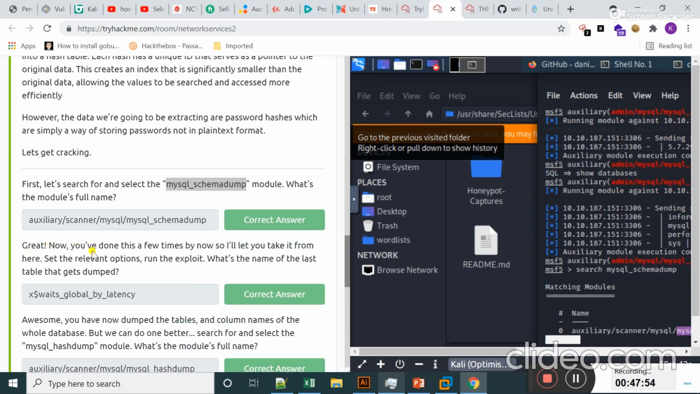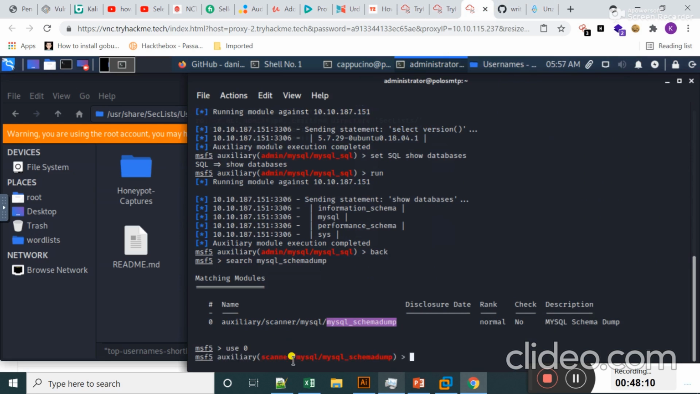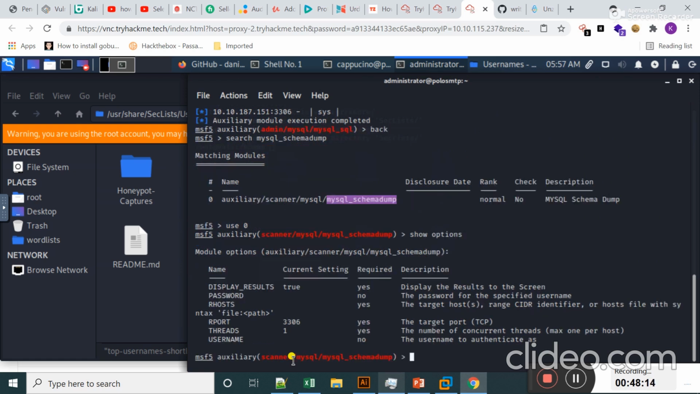Now you have done this a few times by now. Okay, set the relevant option, run the exploit. What is the name of the last table we get? If I type here use 0, hit enter, and then if I type here show options, hit enter. Okay guys, I should type set rhost